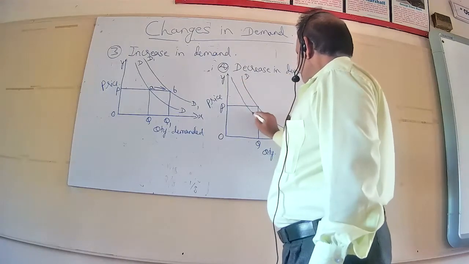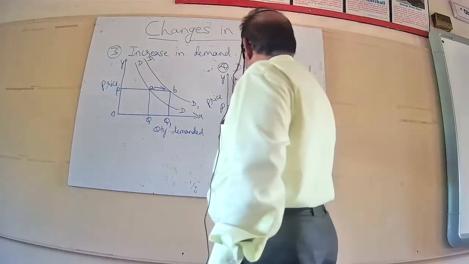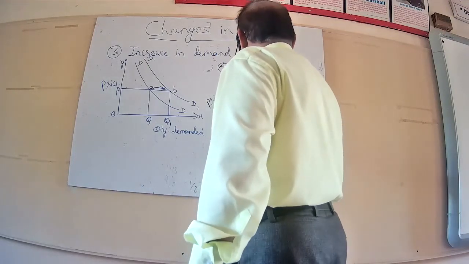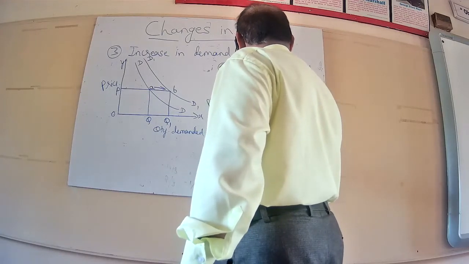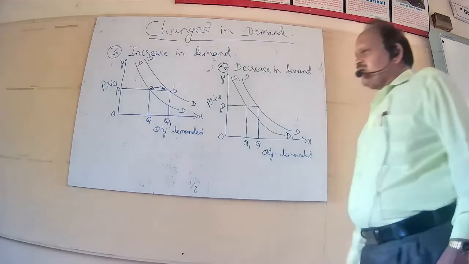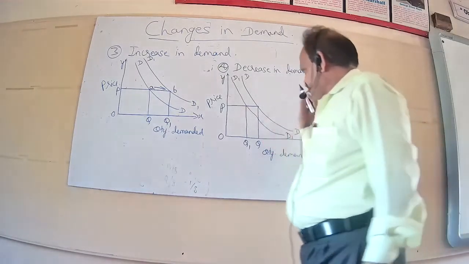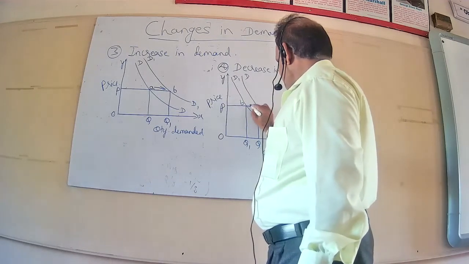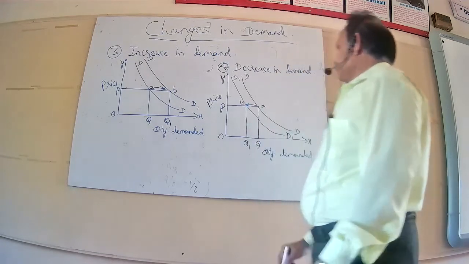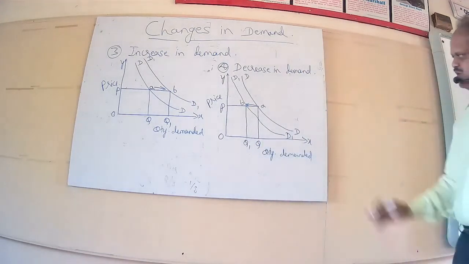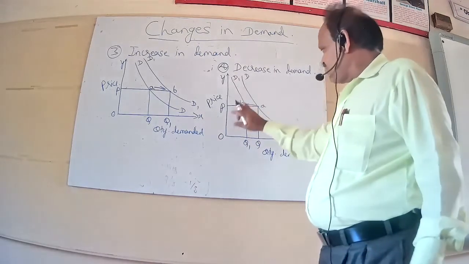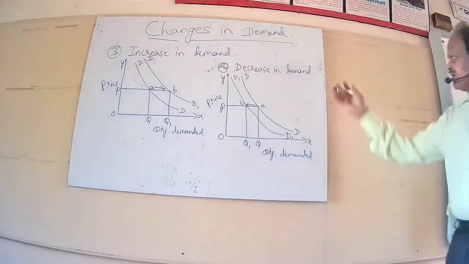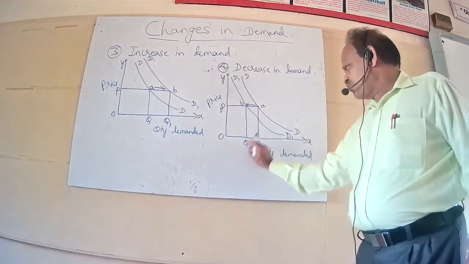We have to show now decrease in demand. There will be a leftward shift in the demand curve like this. Now the new demand curve is D1, D1. New quantity demanded is OQ1. There will be a decrease in demand to the extent of QQ1. You can observe the movement here. Movement will be in the leftward direction. Consumer will move on to the newly shifted demand curve to the left. The movement from A to B indicates the decrease in demand to the extent of QQ1.